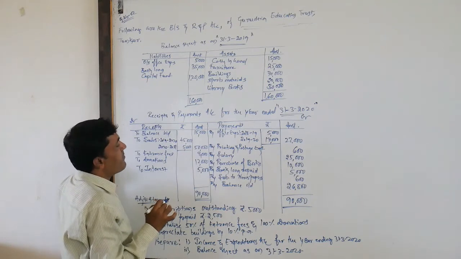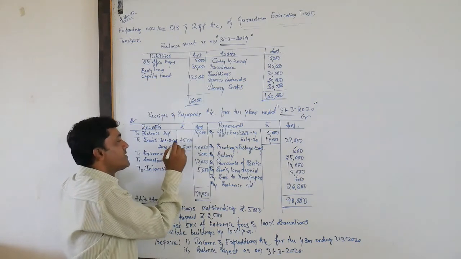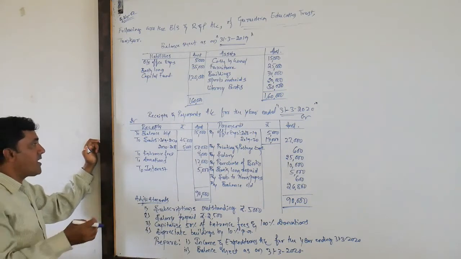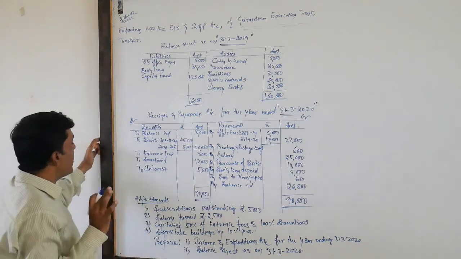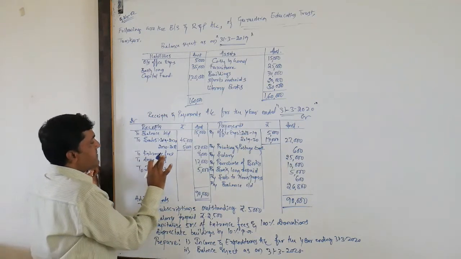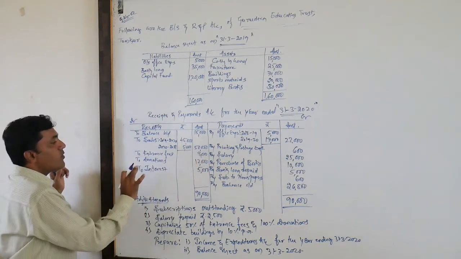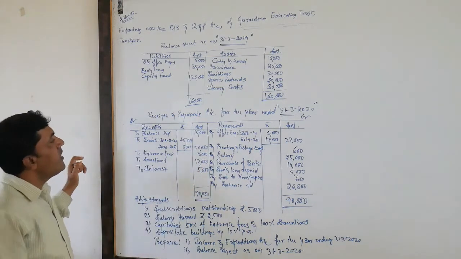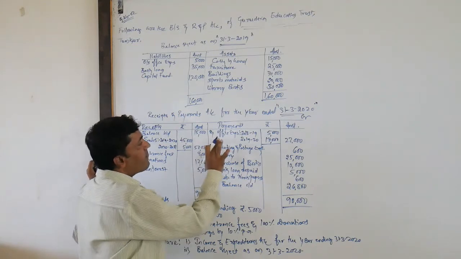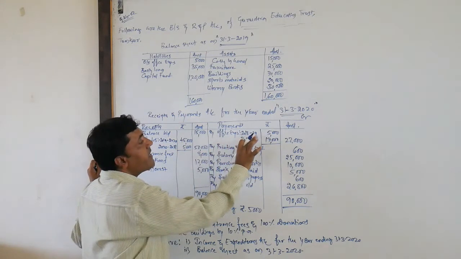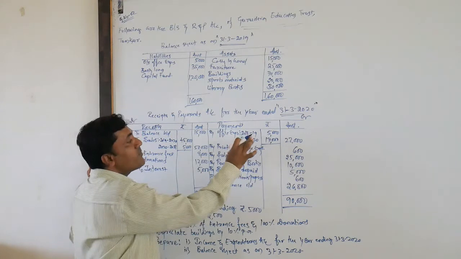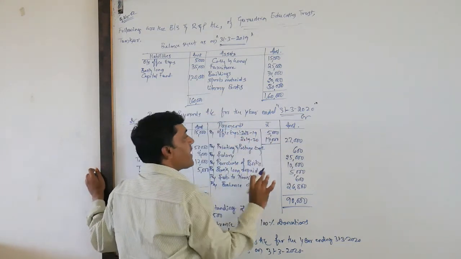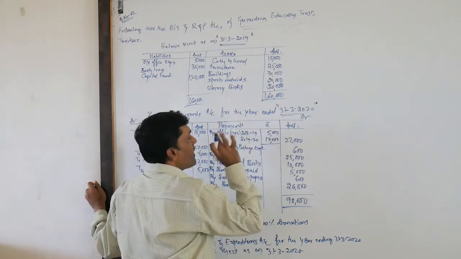Here we can compare with yesterday's problem. They have separately given the pre-received subscription, the already deducted amount. Next, entrance fees rupees 8,000, donations 12,000, interest 5,000. Look at the payment side, office expenses 18 and 19. 18 and 19 means previous years, last year's balance. So the balance was paid right now, rupees 5,000.